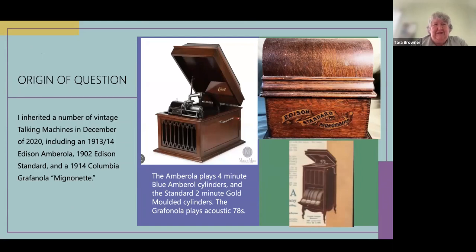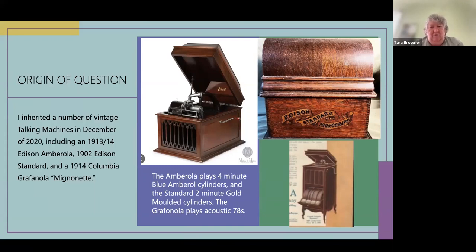Okay, so the origin of my question, because questions have origins, I think. My specialty is American Indian music. I'm actually an enrolled member of the Choctaw Nation of Oklahoma, and I write about powwows. So how did I stumble into this? And the answer is I inherited a bunch of machines. And in this case, what happened is I had an aunt and an uncle who lived about 60 miles from here in the Inland Empire, and my uncle just bought things and threw them into his workshop.